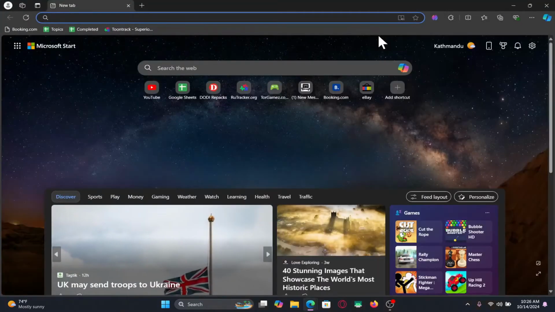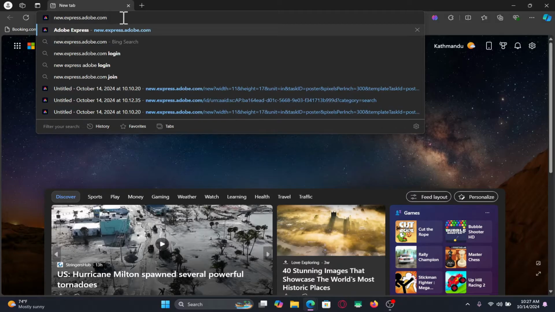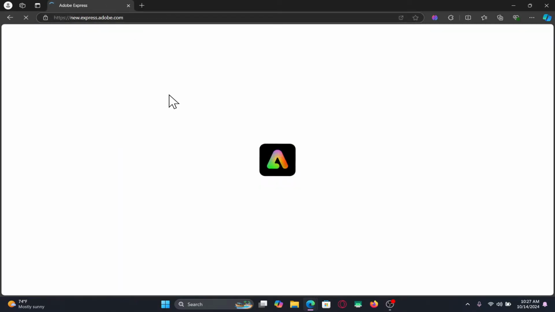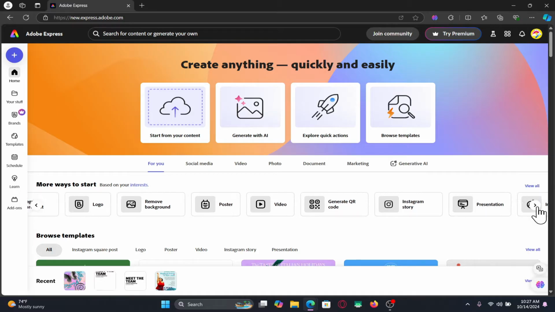First of all, open up your web browser and then type in new.express.adobe.com in the address bar and press enter. Or you may also use the application if you have it installed on your system. Once you are taken inside your homepage, you can choose from various different options for designs that you wish to